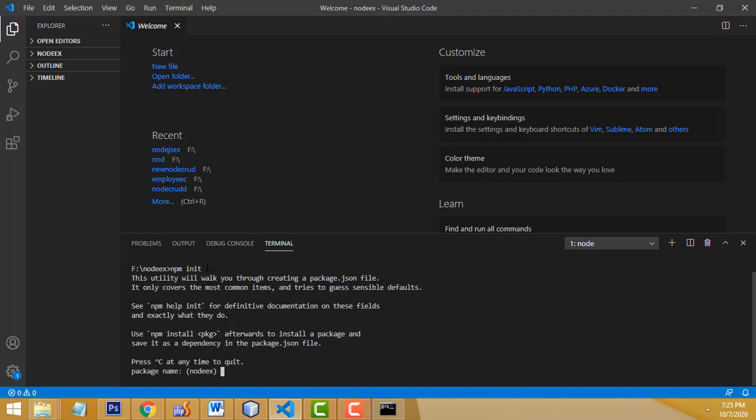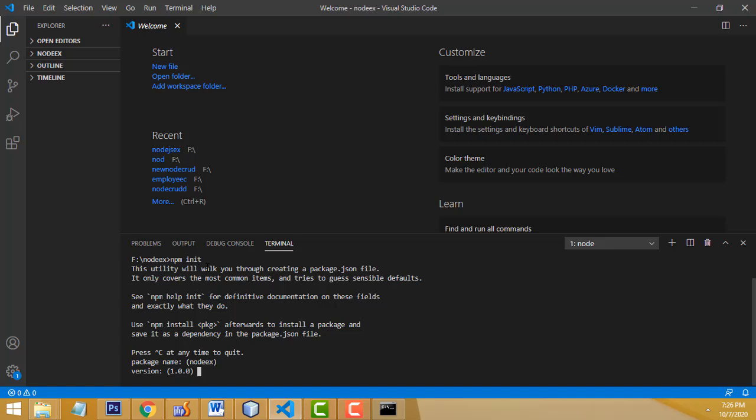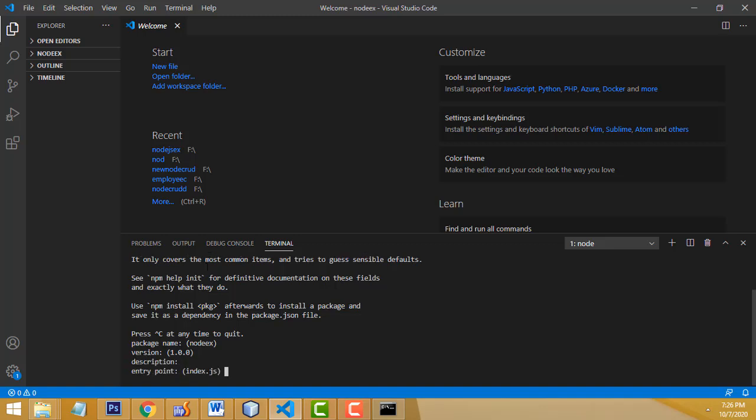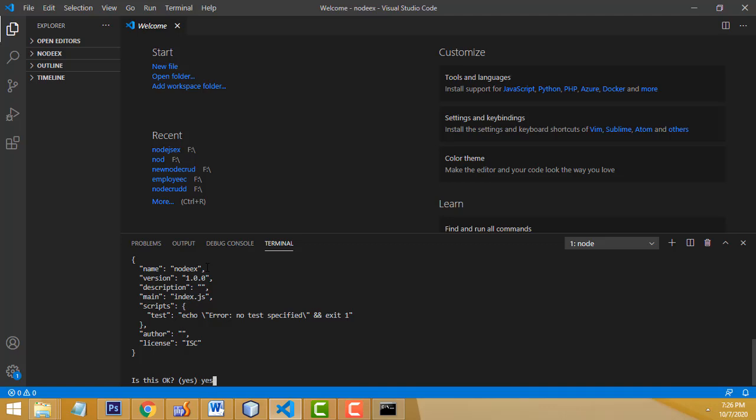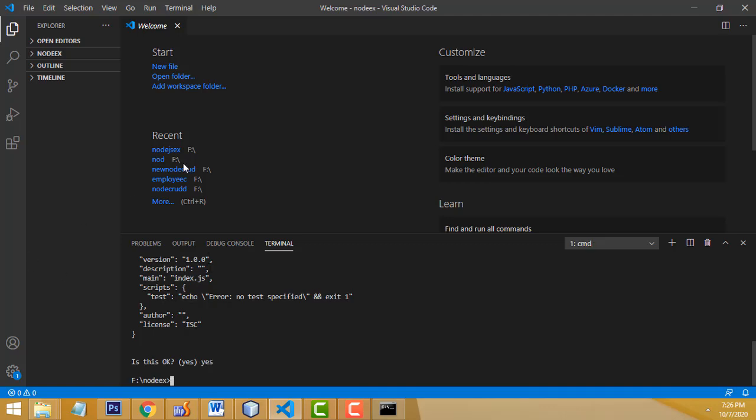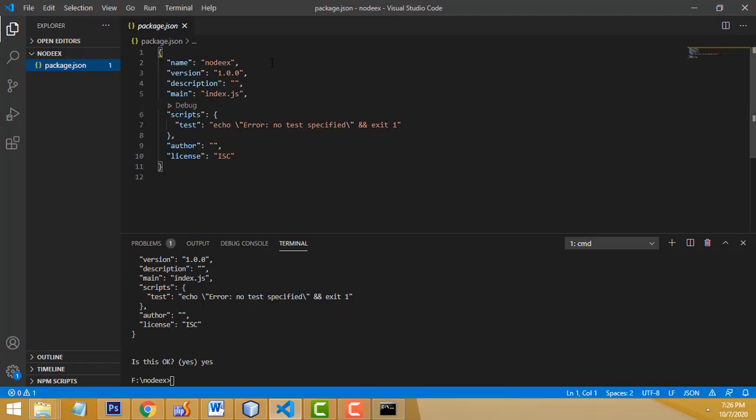It asks about packages and everything. You just press the enter key and skip all of it. If you want, you can give these details. Now your project is created. You will be able to check it: here package.json is created. It is a simple file. I haven't installed anything else.